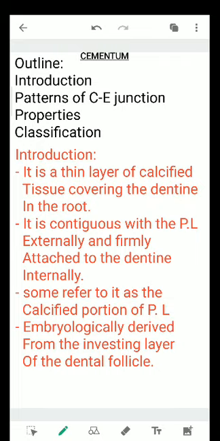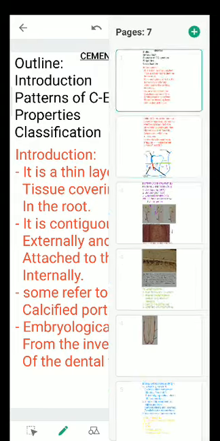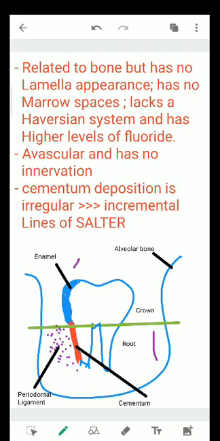Now, remember that we have investing layers of the non-erupted tooth as well as your erupted tooth. So, for the non-erupted tooth, the investing layer of the dental follicle gives rise to the cementum, right? It is related to bone but has no lamellar appearance and has no marrow spaces like in bone. It lacks a Haversian system and has higher levels of fluoride. These higher levels of fluoride give it higher protection or resistance against fracture, unlike